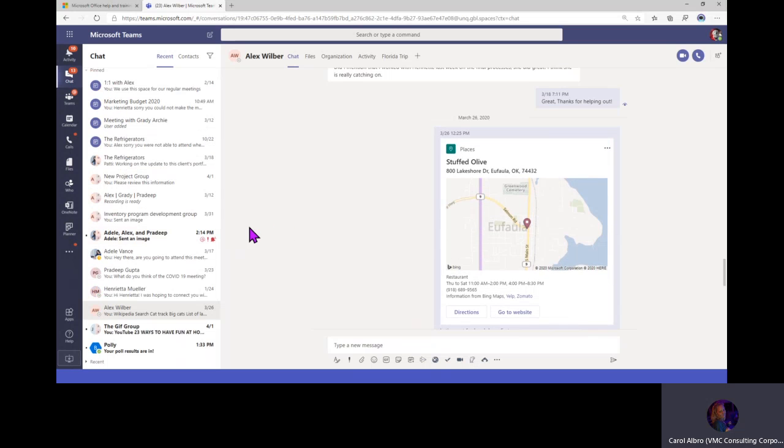So that's a one-on-one. Let's check out a group. So I'm going to create a group. Here's a scenario here. We have a conversation here with Adele, Alex, and Pradeep. And they've been working on something. You can see they've had quite a bit of activity going on. You can see all the red